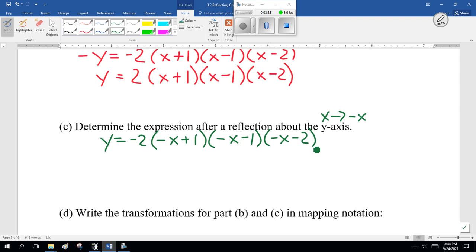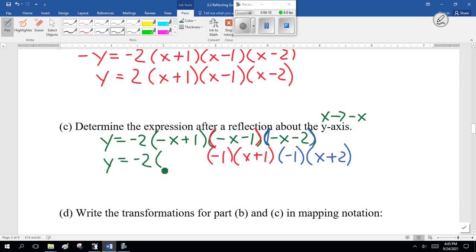So far, so good? Now, I saw this on the diploma once, and they were a little sneaky about it. Here, I want you to realize there's different ways to write this out. And what I'm trying to say is they simplified it. So, minus x minus 1, factor out a minus 1, x plus 1. And minus x minus 2, they factor out a minus 1. Now, minus x plus 1, I think they wrote that as 1 minus x. They wrote it backwards just to mess with me. Now, the reason I'm talking about this is I want you to realize, oh, minus 1 times minus 1 cancels out. So this could be written